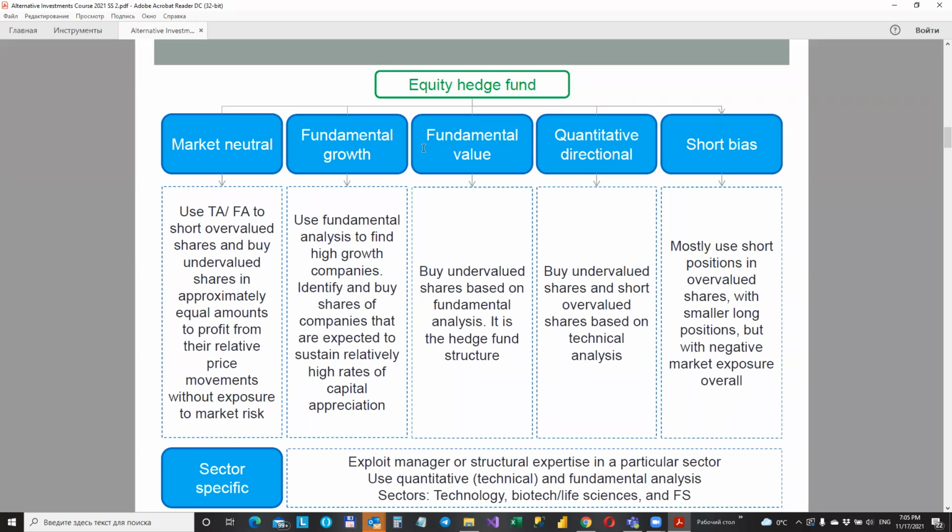Short biased managers, however, have had a difficult time overall posting meaningful long-term returns during the past 30 years of generally positive market conditions. And we can see again that even considering the last crisis, the broad market is growing. So it's always a problem to maintain a profitable short position for long. Then